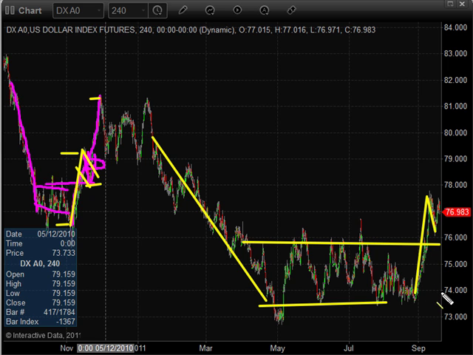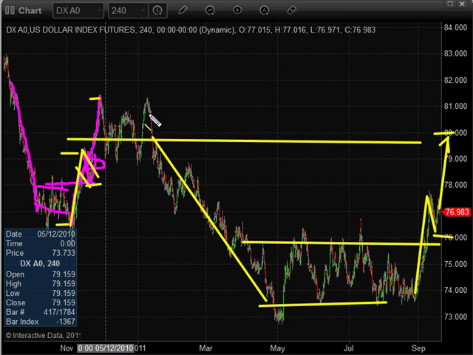So if we do get another move, we saw pretty basic numbers here. We saw a 1, 2, 3, almost a 4-cent move in total from the low to the high. If we take that to the upside, we're looking at a 1, 2, 3, 4. We're looking at a target around 80 on the US dollar index if we get one more thrust up, which falls perfectly in line with major resistance from earlier in late 2010.